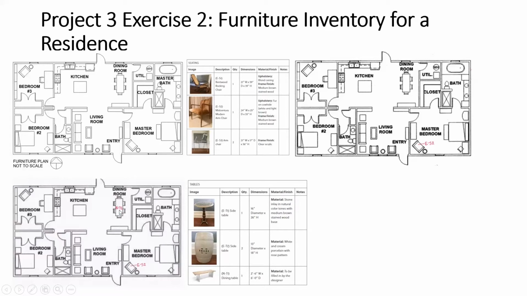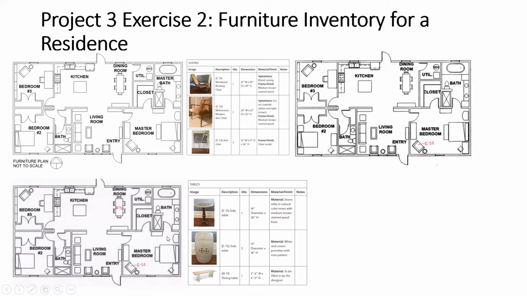Now, I'm going to label all of the new furniture that this client's going to need to purchase with a furniture designation, either written on top of the piece of furniture in horizontal text or using a leader with horizontal text. Once I have all the new pieces of furniture labeled, I'm going to go shop, find new pieces of furniture, and add them to the furniture inventory. Depending on where you put the existing pieces of furniture, you're going to have roughly 20 new pieces of furniture that the client's going to need to buy, which is the balance of all the furniture that's on here minus the existing furniture. That will equal about 20 pieces of furniture that you'll have to select.